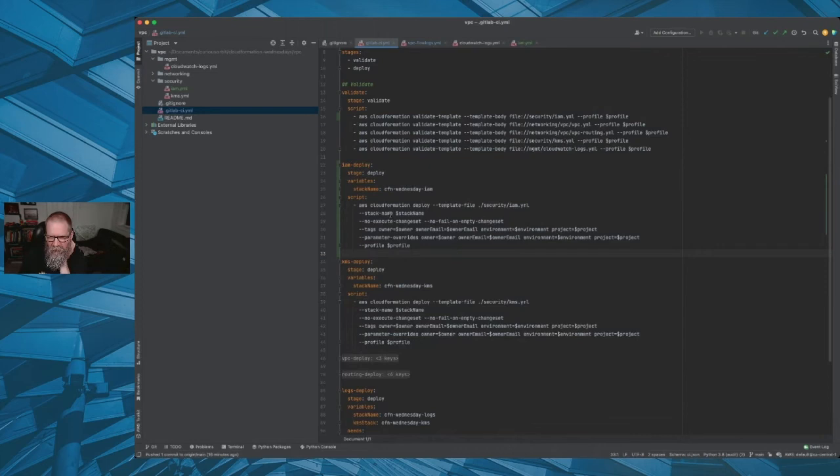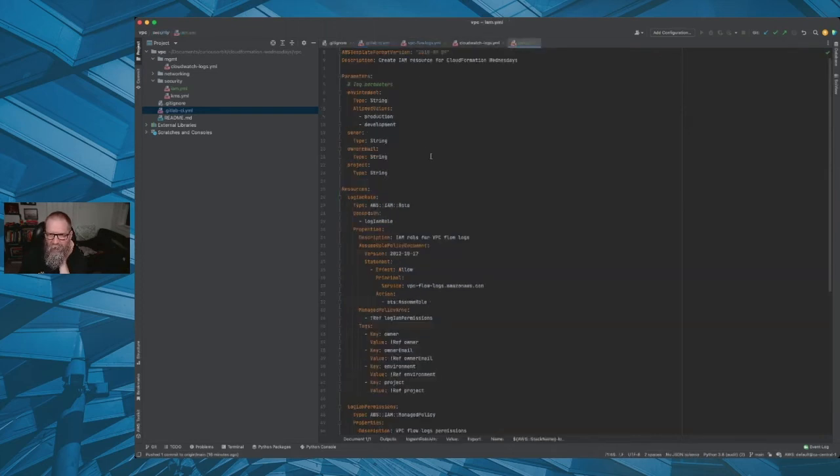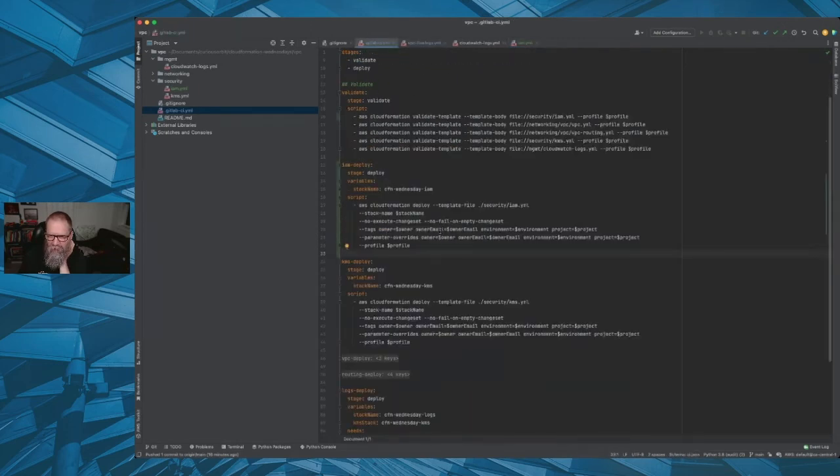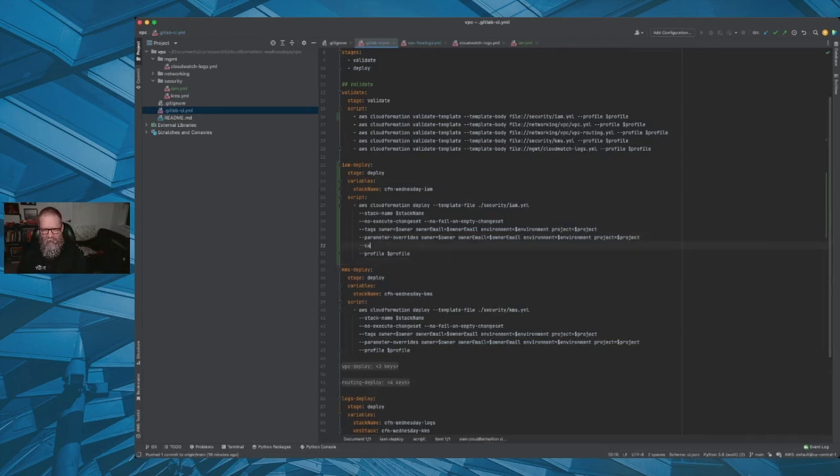So we've changed that. We got our stack name. Do we need to pass anything into this? I don't think we do because we've got all this. Okay. So this and this should do the trick. But what we need to do is we need to go -- capabilities. And we just need to say capability